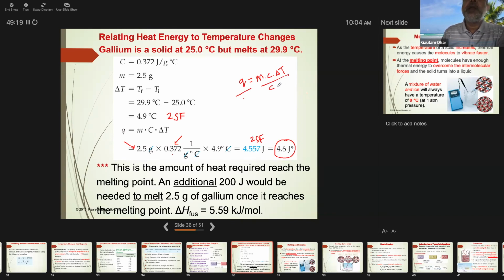Okay, and if I were you, I would follow the steps. Okay, sometimes we make mistakes by trying to hurry things, but that only kills your time. Okay, so if I divide by the same amount, I am changing nothing. Okay, so you can see on the right hand side, this delta T cancels out, and C cancels out. What we have is M equal to Q divided by C delta T.